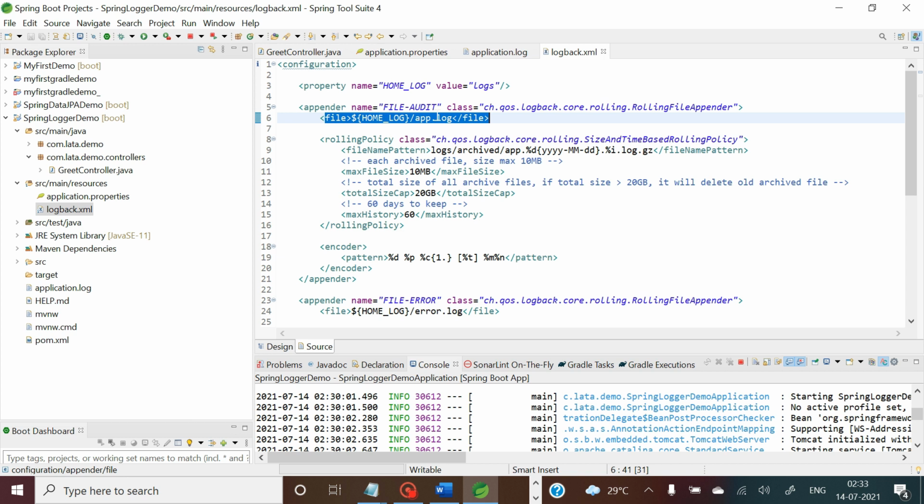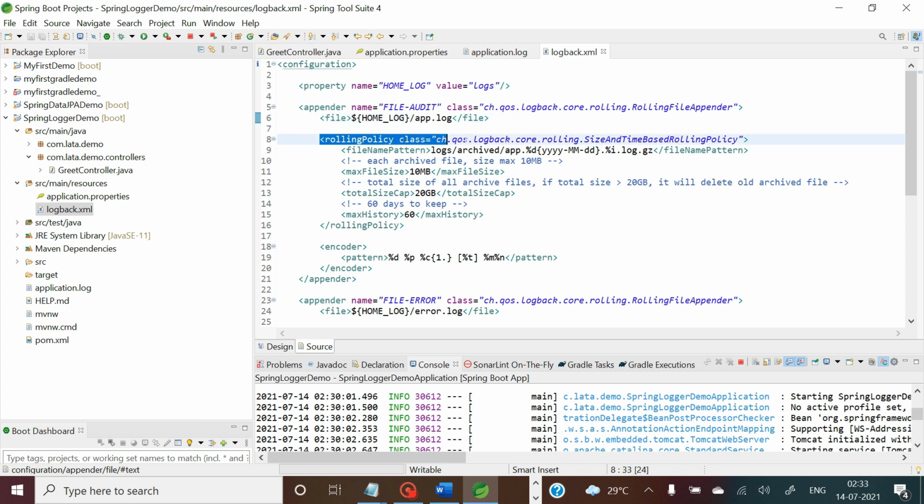This file will be generated automatically in logs folder. So this home underscore log will be replaced by logs, and in that app.log file will be created where all the successful logs are going to be maintained.